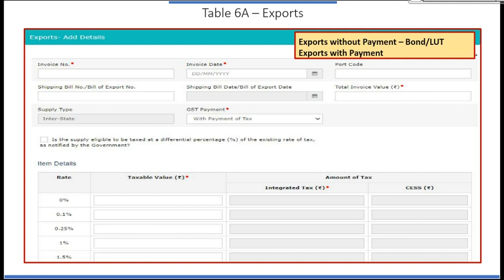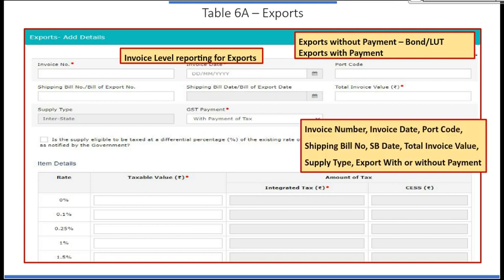With payment of tax does not mean that I'll collect from my customer. I'll pay from my pocket while filing GSTR 3B, and an automated refund will be received based on the filing of the shipping bill. Right? So invoice level reporting is required for export.